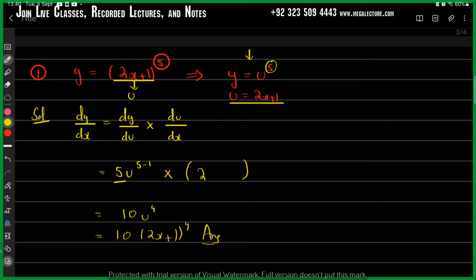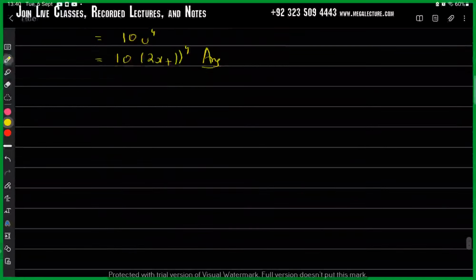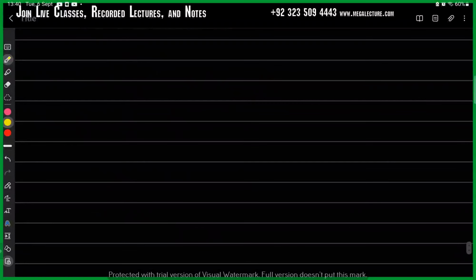Okay, one more example. And this time around, I would not be talking about the chain rule, because obviously chain rule is part of the syllabus, but chain rule is something that is not mandatory. Like, you're not supposed to define u and do it that way. You can also do it directly. How? I'll tell you. So if I talk about another example, I can write it down this way. Y is equal to